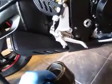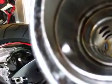Also, this exhaust comes with a removable silencer. So if you look inside this exhaust, this is a silencer, and you can remove this silencer by pulling that one screw right there. So yeah,